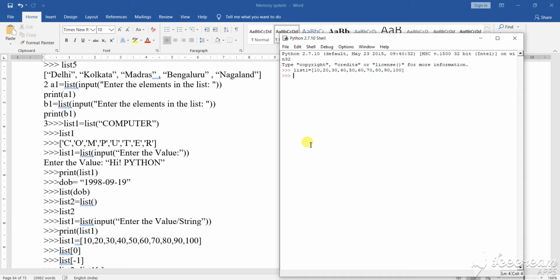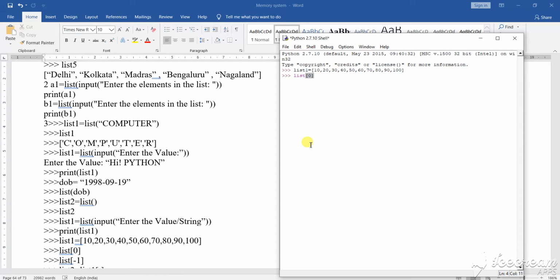Now I want to print the value of a particular position in this list. Suppose I write list, and I need to print the value of the 0th position.